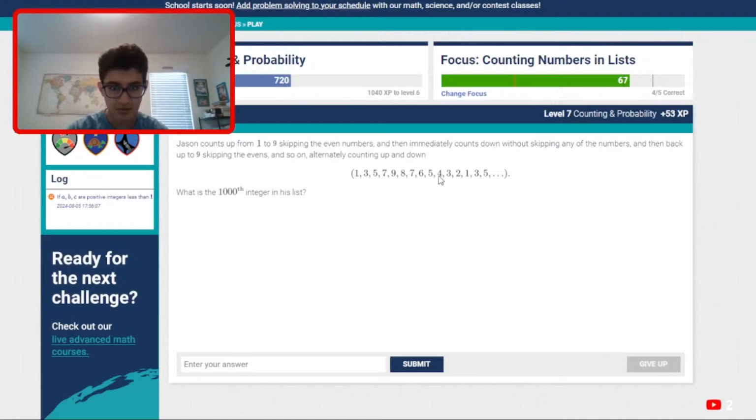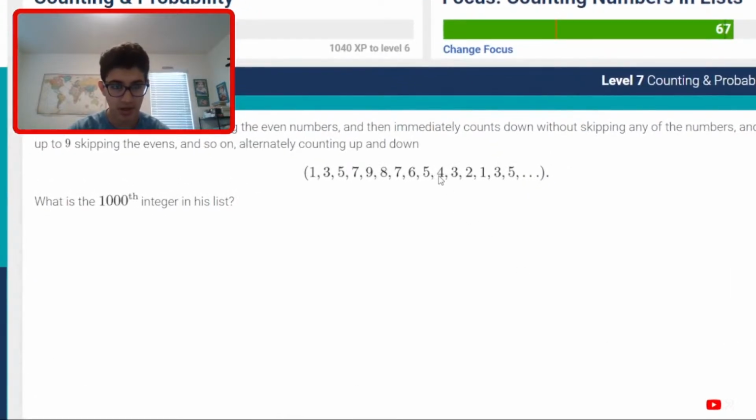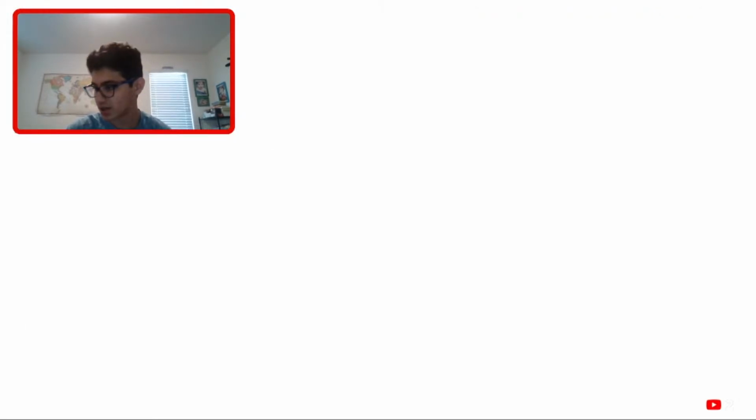So we'll start. First question is this. Jason counts up from 1 to 9, skipping the even numbers, then immediately counts down without skipping anything. So he counts down normally and then keeps on doing it. So we can just write out the first few terms of the series. So 1, 3, 5, and actually we can just find a pattern, like how many numbers do you need before you repeat, and then we can simplify it from there. So 1, 3, 5, 7, 9, 8, 7, 6, 5, 4, 3, 2, 1,